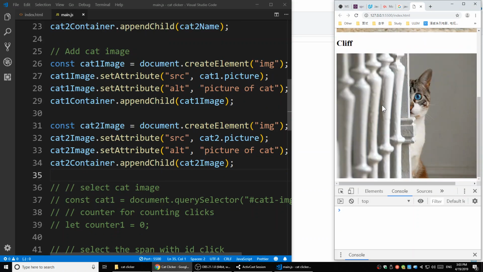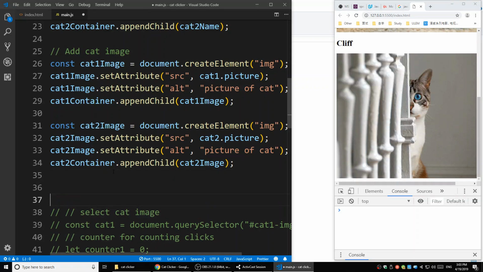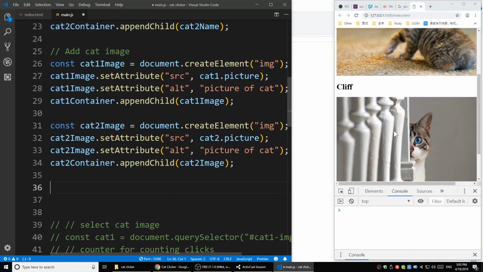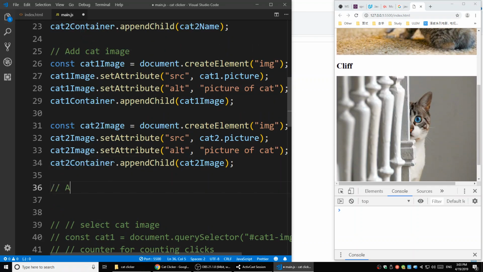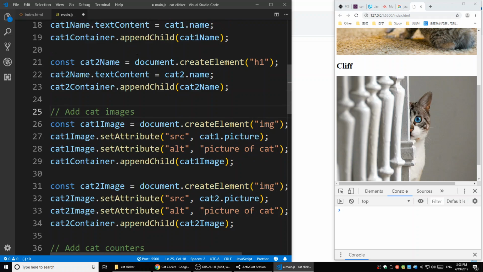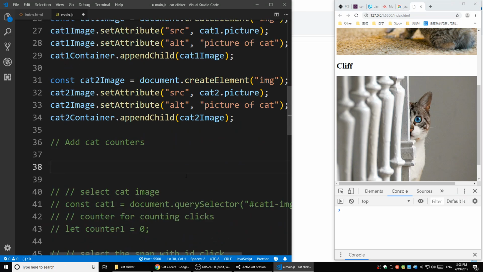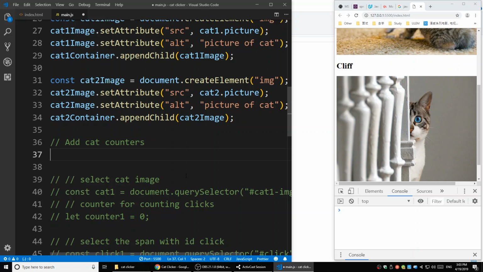And don't forget, we need to add an event listener to it. So before adding the event listener, let's add a counter to it right now. Let's first add a counter, then we'll add the event listener. So counters, cat counters, image counters, name counters. All right, cat counters. So we're gonna do two counters. The first one,